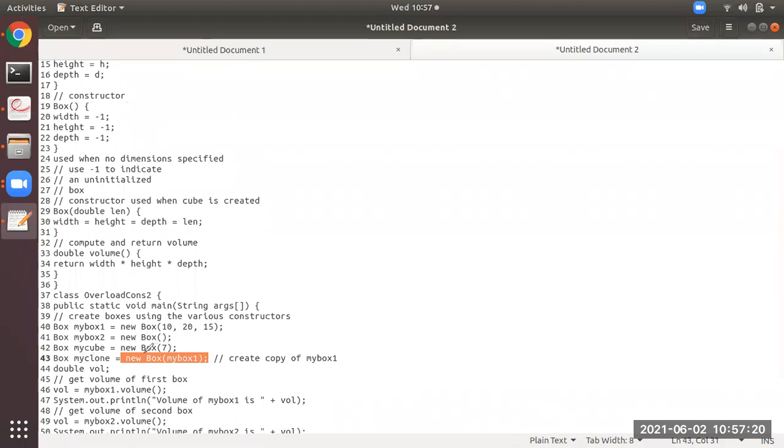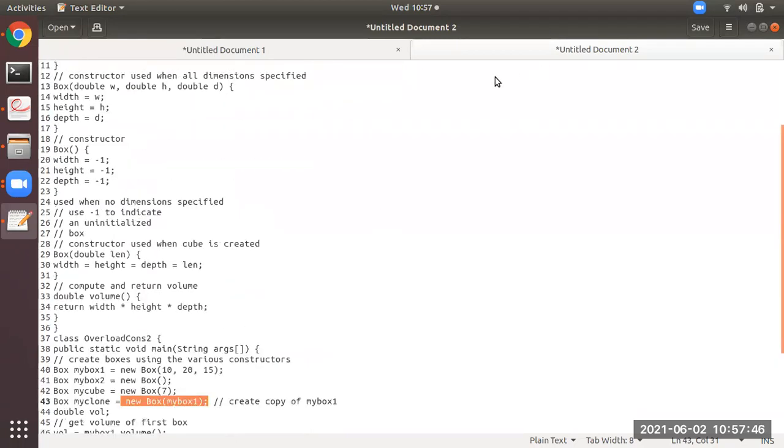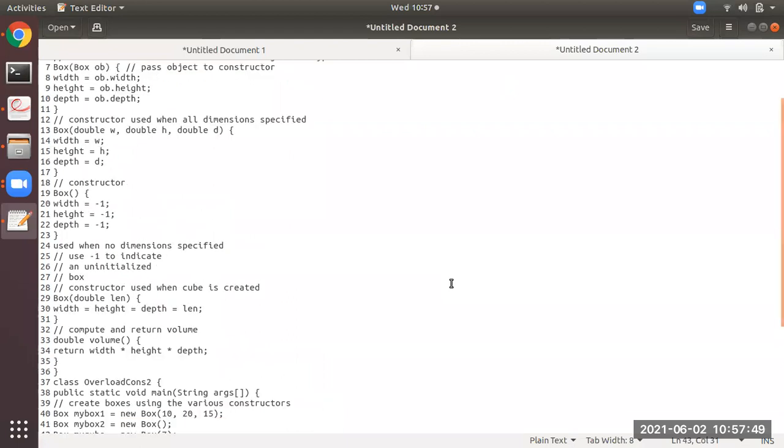Students, this is the point with the heading. It has got the parameter over here, an object, my box 1. Means what is my box 1 having? It is having width, height, and depth as 10, 20, 15. So over here, this my clone object is going to call its constructor. Its constructor is at line number 7.